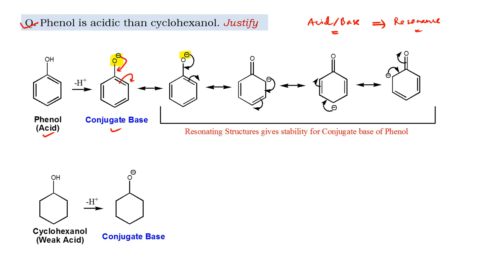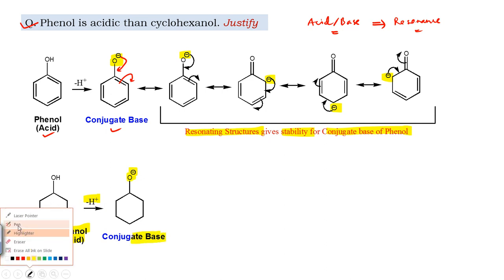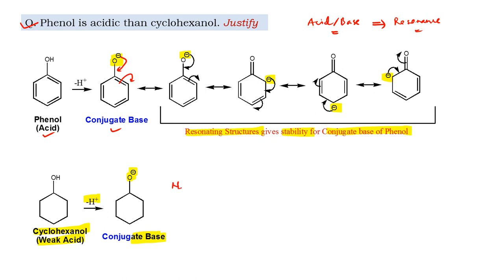So the negative charge which is present on oxygen will come on the first carbon, second carbon, and third carbon. So we are able to write the resonating structures, showing the stability of the conjugate base of phenol. On the contrary, if you look at cyclohexanol, why is it a weak acid? Because once it donates H plus, it forms a conjugate base, but this base does not have any stability, no resonance stabilization. So we can say there is no resonance